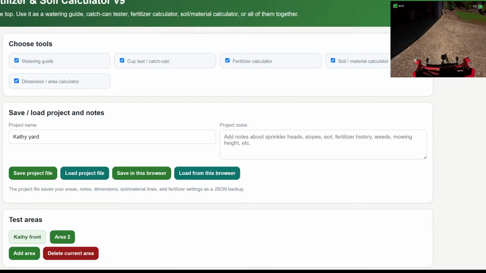Anyways, what I wanted to show you here was I have this, I mean, it's kind of an app. I started doing some water testing because this right here is Kathy's yard. I need to change pages here real quick. I ended up just working with ChatGPT on doing a watering test because she's got some problems with her watering.